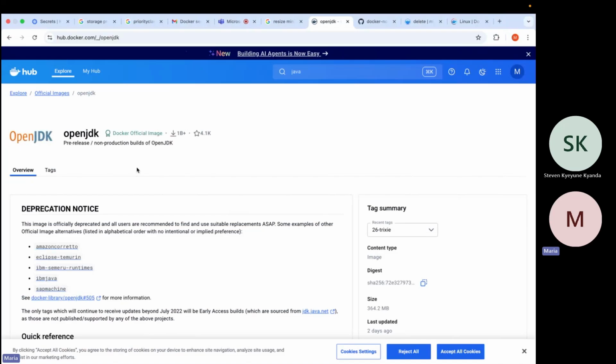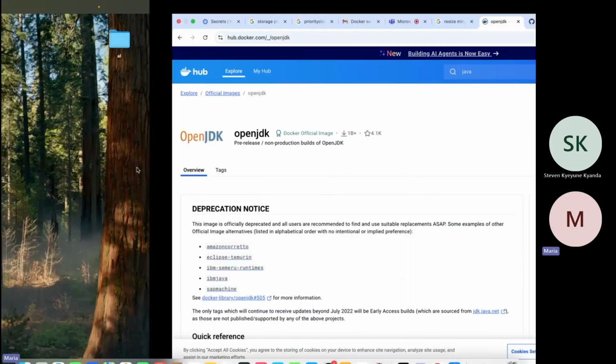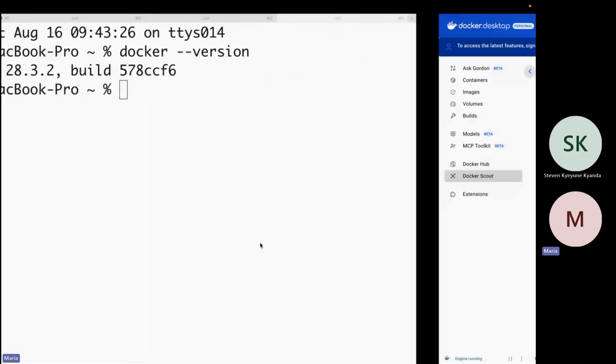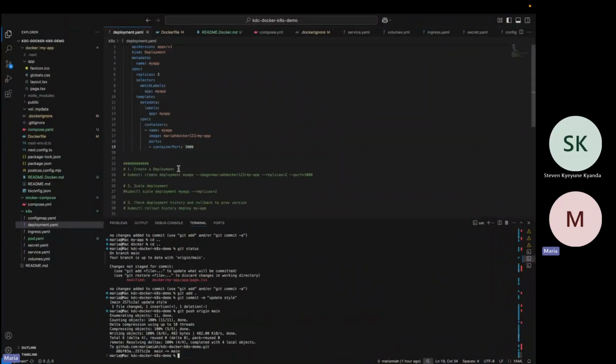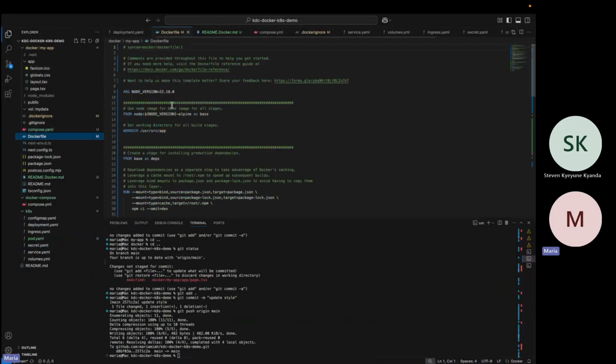GCP has a registry. I think that's the GCR. Azure has a registry, the Azure something, I'm not sure, but they have a registry. And to access that image from that registry, first of all, you have to do some form of authentication in your application. So your application knows where to find the image.